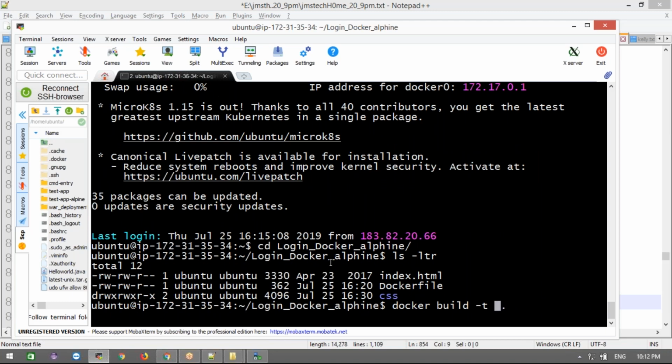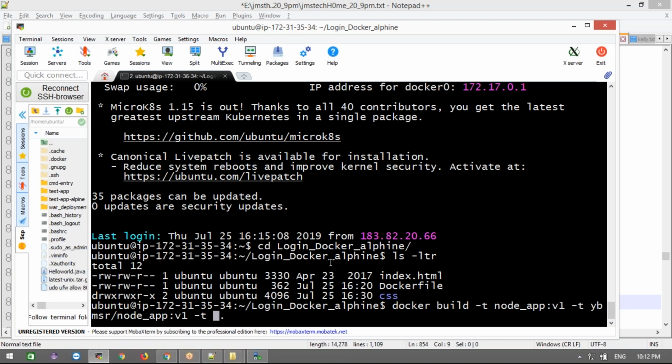What I'm going to do is build this with one tag for node app, node_app:v1, for example, and then another -t with one more tag, ybmsr/node_app:v1, and another tag.